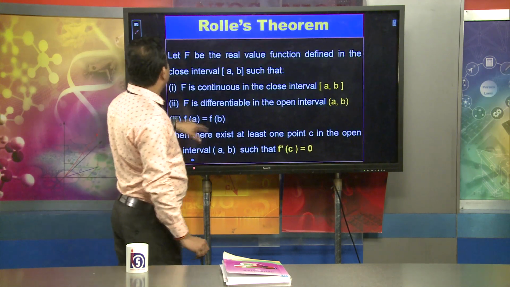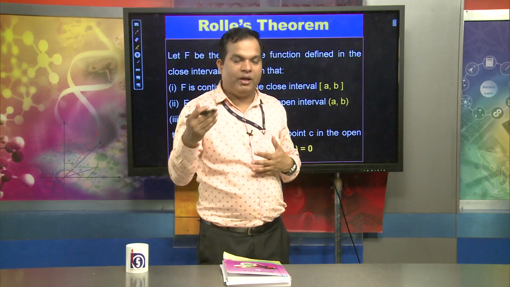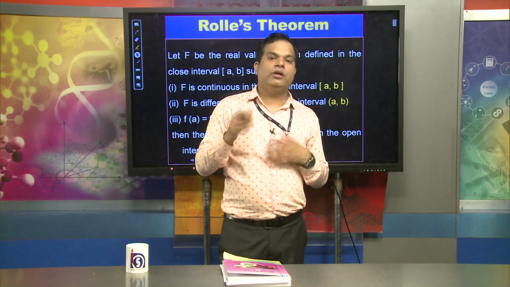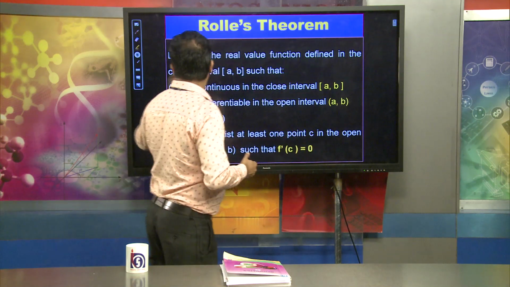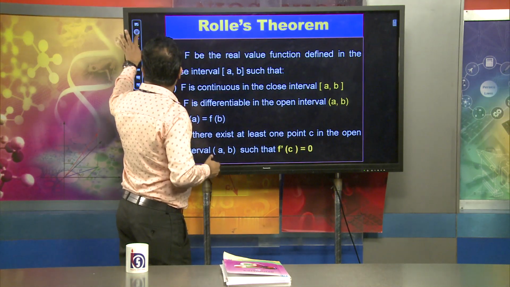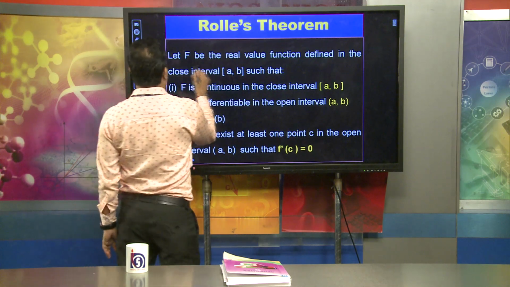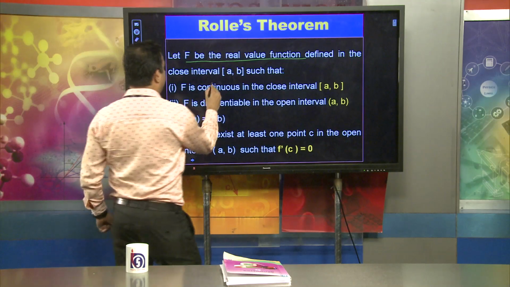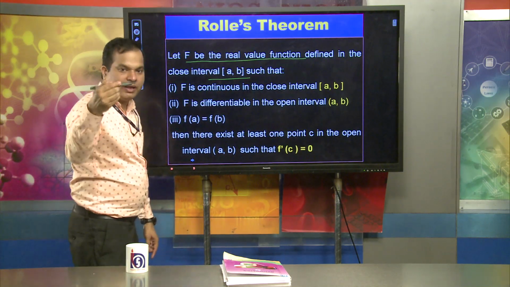Now, based on the tangent and normal, there is a very prominent theorem, which we call Rolle's theorem. The statement of Rolle's theorem is very important. The statement is simply: if f is a real valued function defined in the closed interval [a, b], such that there are three different conditions. First condition,